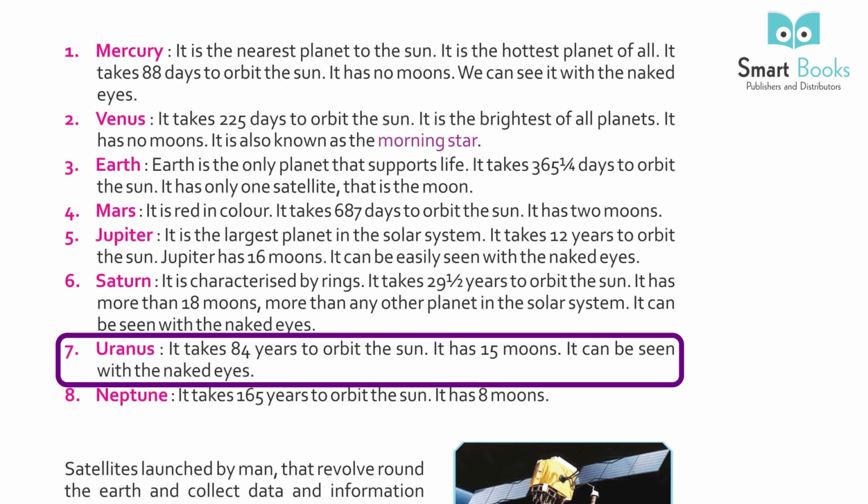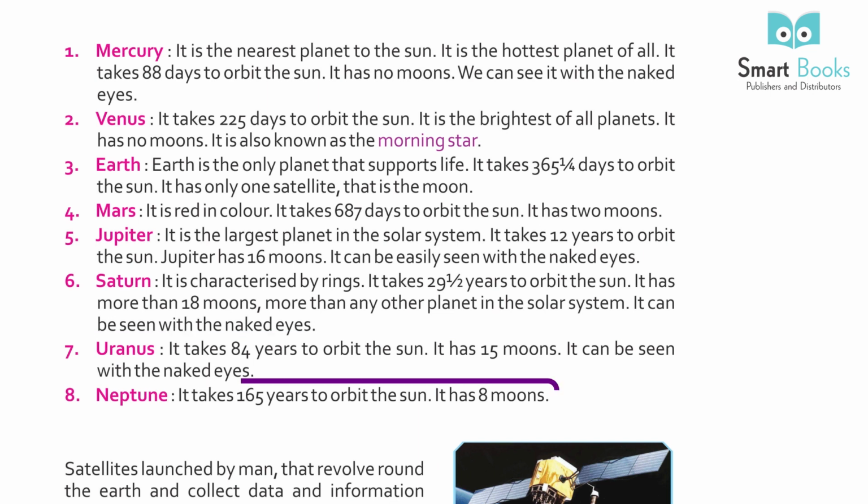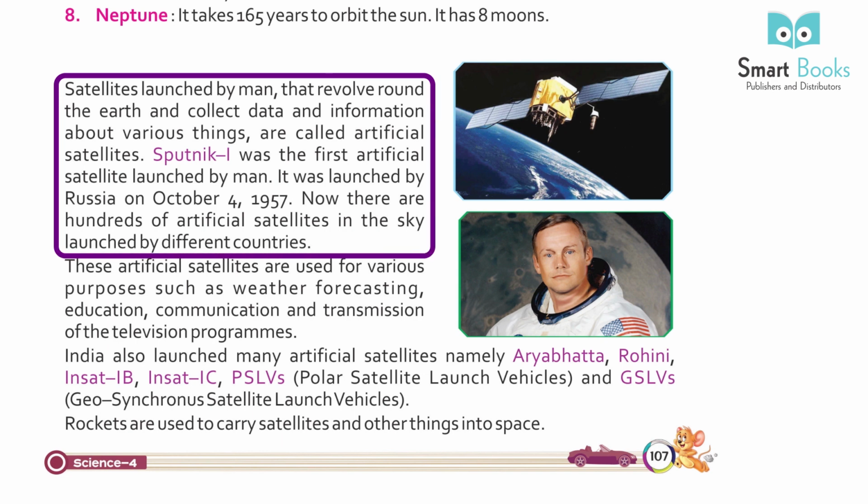7. Uranus. It takes 84 years to orbit the sun. It has 15 moons. It can be seen with the naked eye. 8. Neptune. It takes 165 years to orbit the sun. It has 8 moons. Satellites launched by man that revolve around the earth and collect data and information about various